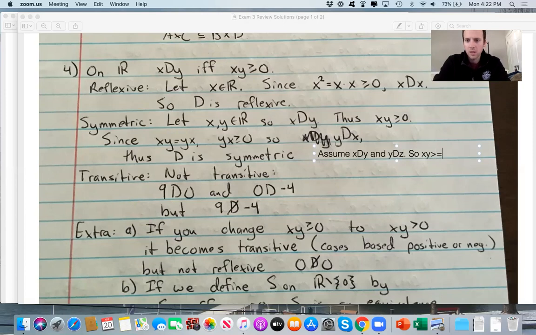So xy is greater than or equal to 0, and yz is greater than or equal to 0. What about xz? That's really the question. If you try to prove this is transitive, how do you go from these two facts to this fact? And a kind of problem is that